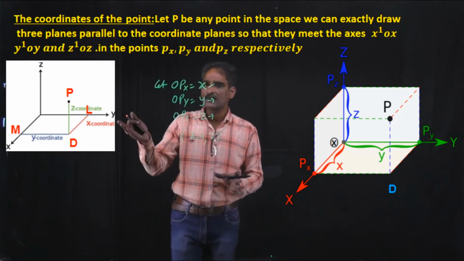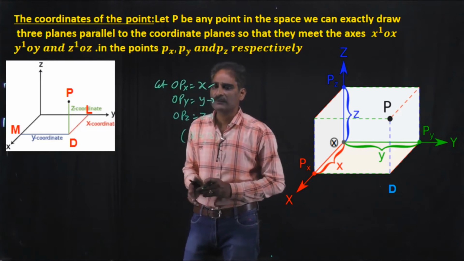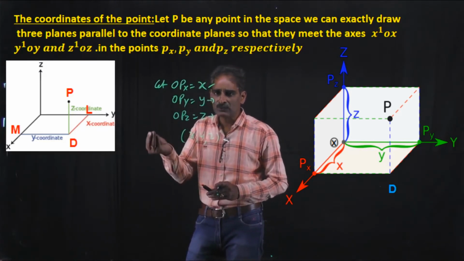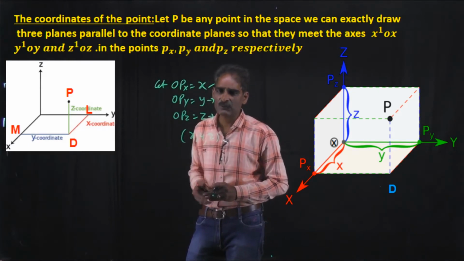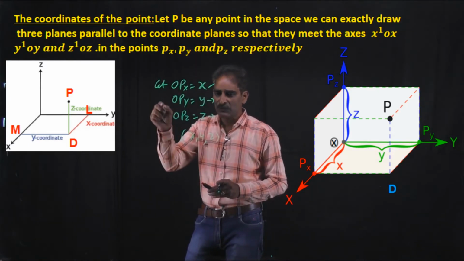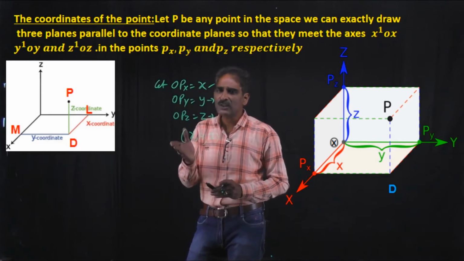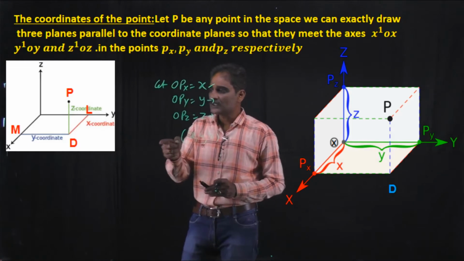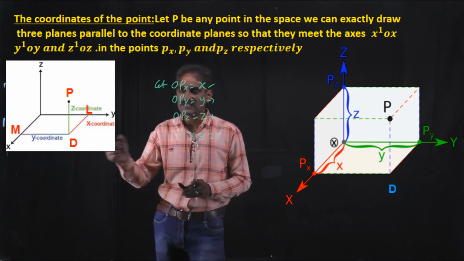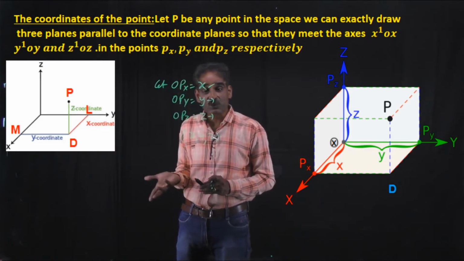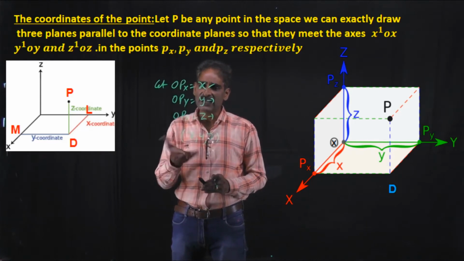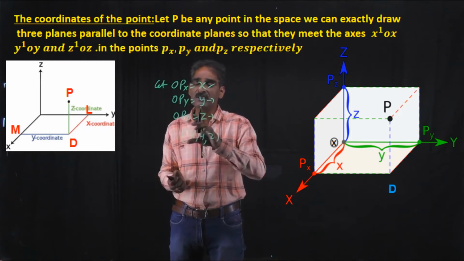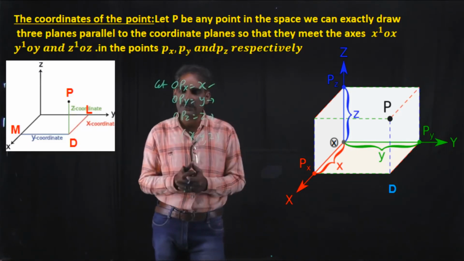So for clarity, see this figure. Let P be the position of a point in space. Just draw the perpendicular to the base plane. Here the xy plane is the base plane. The foot of the perpendicular from P is D. Now draw perpendiculars from D to both axes, the x-axis and y-axis. The foot of the perpendicular from D on the x-axis is M. The length from O to M is called the x coordinate. The foot of the perpendicular from D on the y-axis is L. The distance from O to L is called the y coordinate. Here DP is parallel to the z-axis. So this length DP is nothing but the z coordinate.